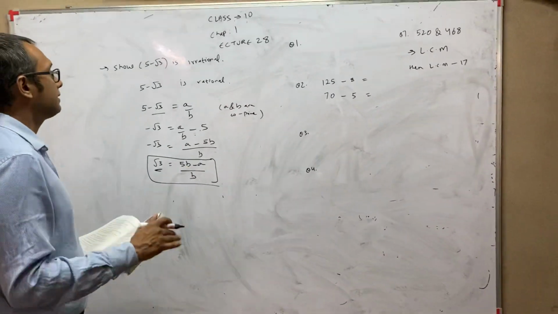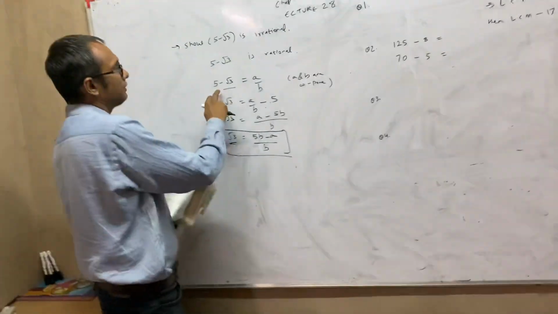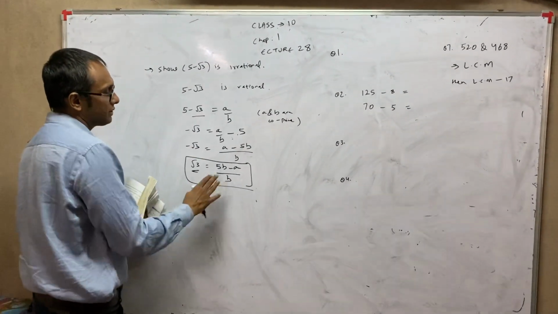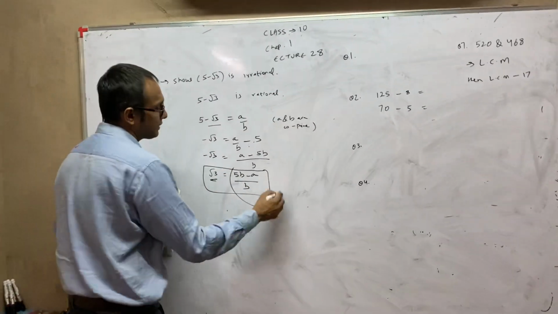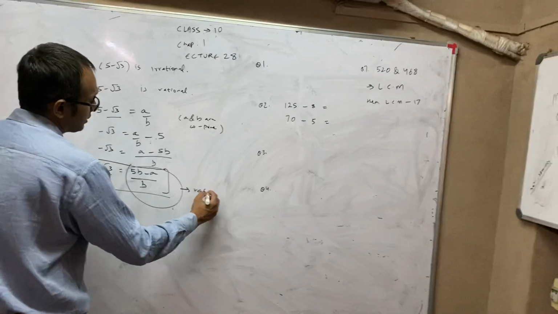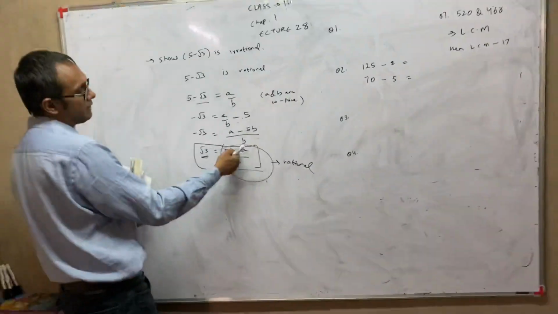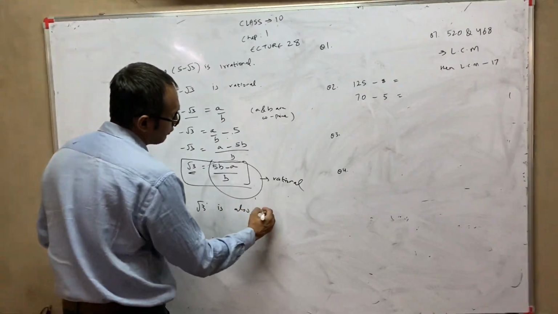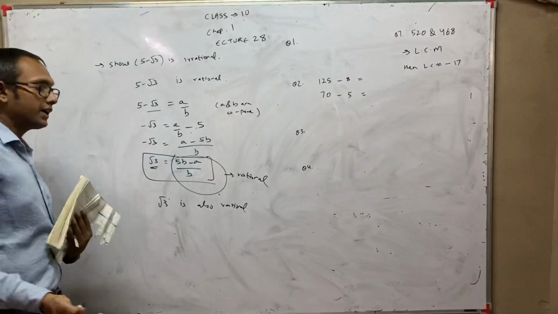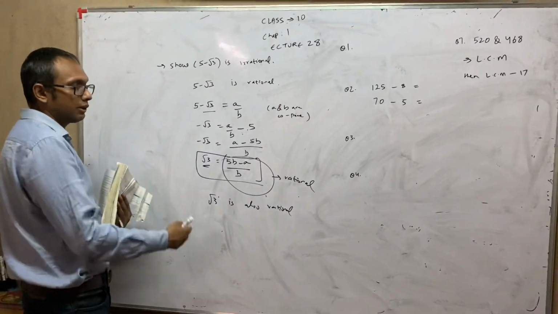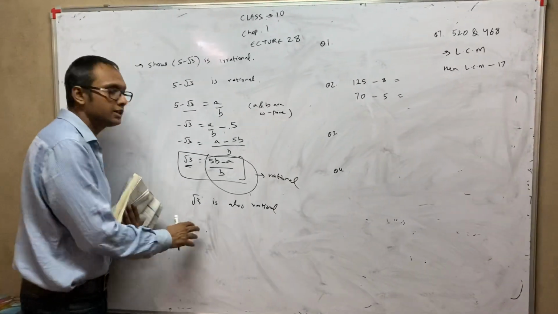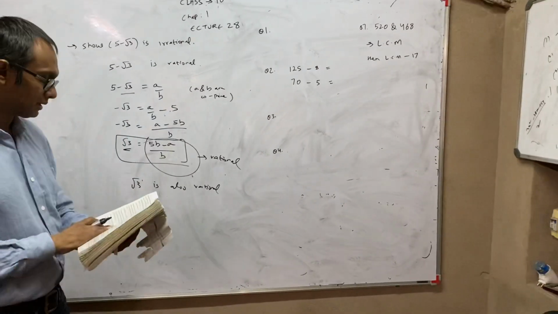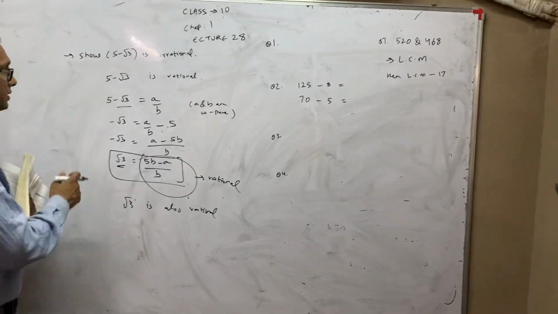So first step in these terms, you will write this. Then whatever the term is there equal to a by b, and then keep the root term here and shift everything on that side. Now you will say, since a, b and e are integers, this is a rational number. That means root 3 is also rational. But this contradicts the fact that root 3 is irrational, because now we have done the theorem. So by the theorem we know root 3 is irrational. And this contradiction has arisen because of our incorrect assumption that 5 minus root 3 is rational. And then of course the sum is done.